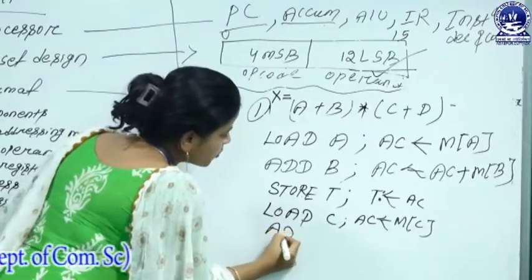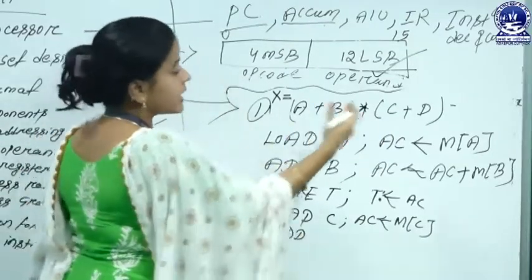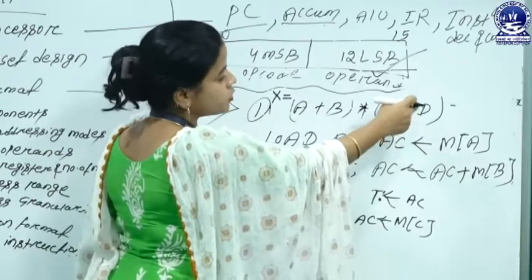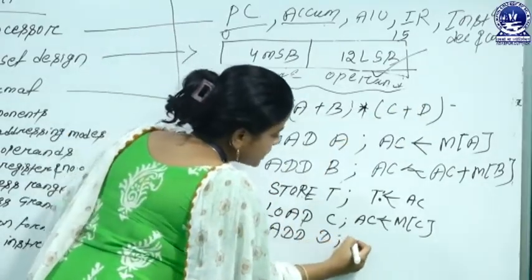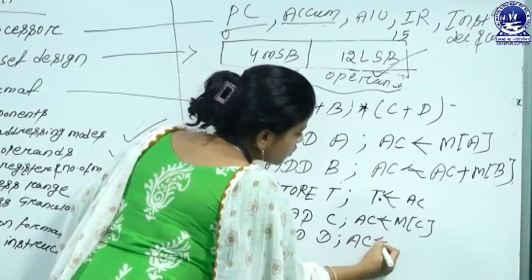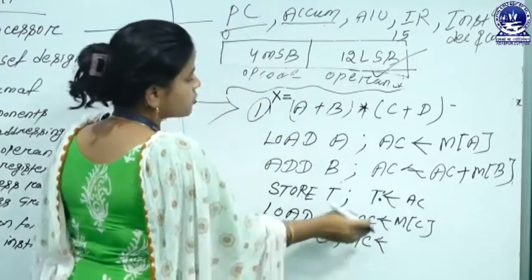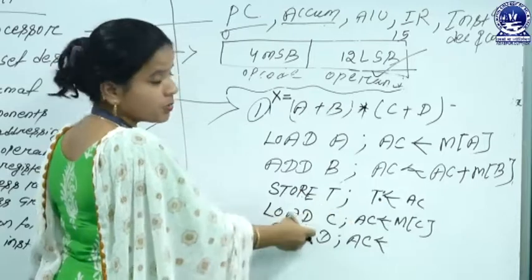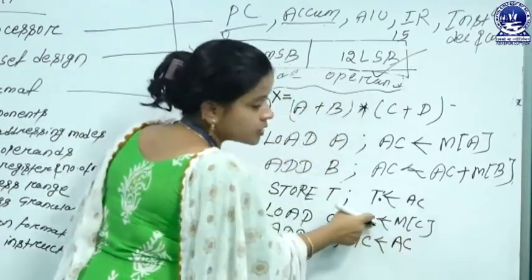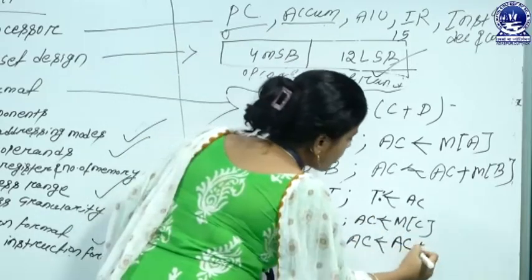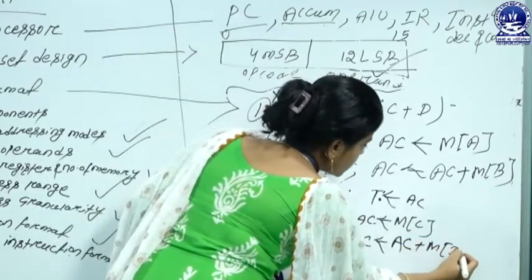Now you have to perform the addition using the second operand, which is stored in memory or registers. So RD, that means here also the accumulator stores the resultant outcome of the memory of C location and the memory of D location. That means whatever the accumulator previously held, plus the memory of D location.